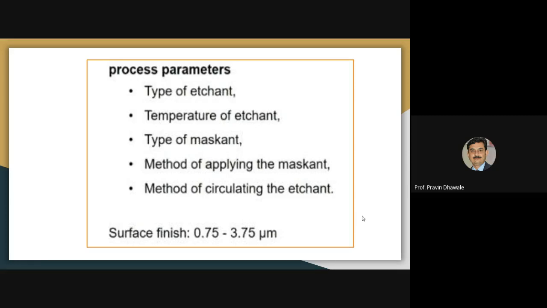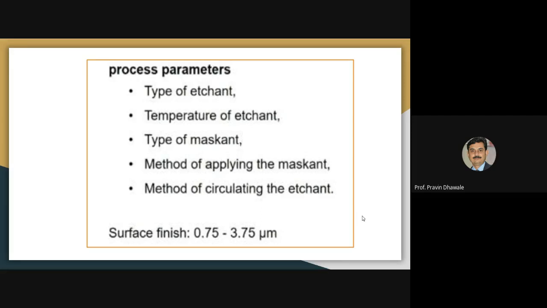By using this chemical machining process, we can easily achieve a surface finish within a range of 0.75 to 0.375 micron. So these are the different process parameters that affect the performance of chemical machining.